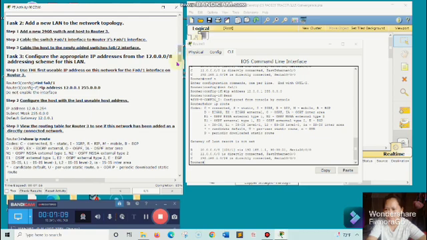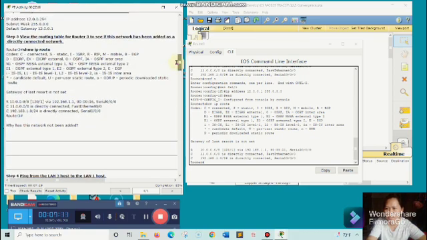Okay. And here's the output for Router 3 show IP route. And let's proceed to